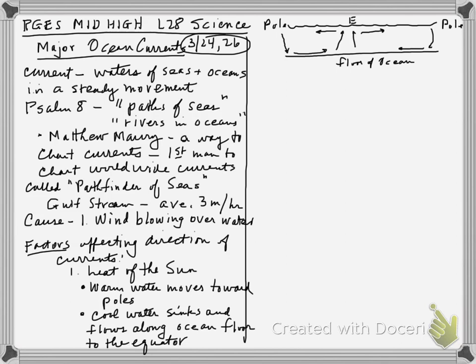The colder water is moving downward. It sinks, and then it moves along the floor of the ocean toward the equator. Why is it moving toward the equator? Why doesn't it just pile up? Well, it can't just pile up. It's got to spread out. The weight of water coming down on it will make it spread out, and so it moves, but